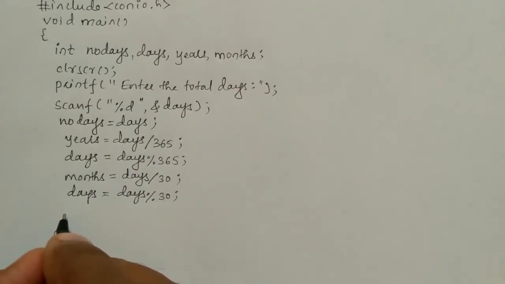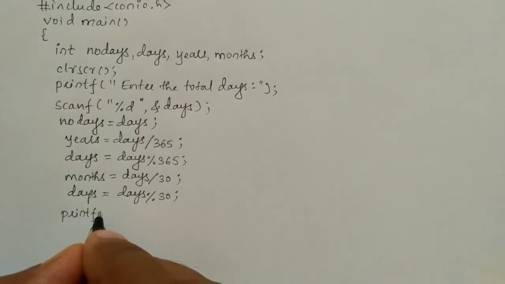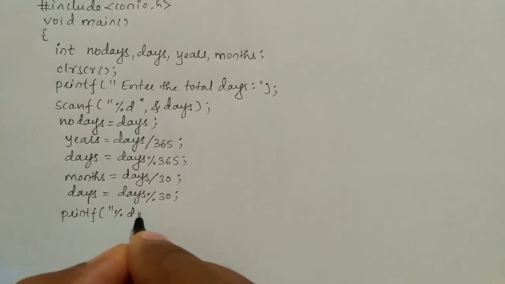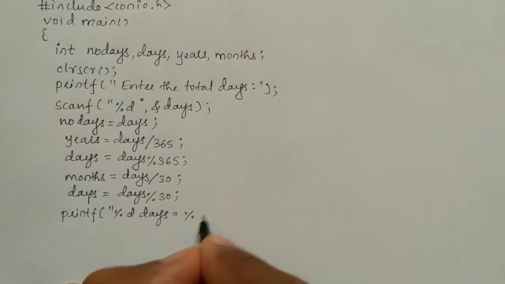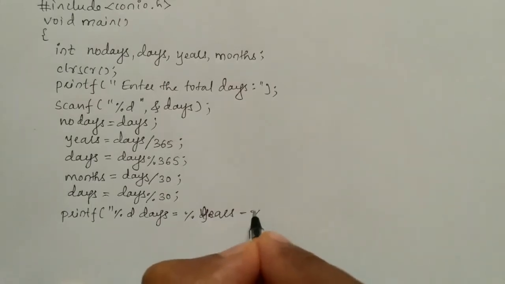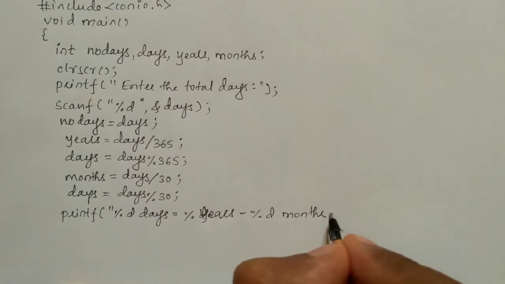Now I'm going to write a printf statement to print the total number of days entered by the user and how many years, how many months and how many days are present in it. So here I'm going to write %d days is equal to %d years, I'll put a dash, %d months, dash,